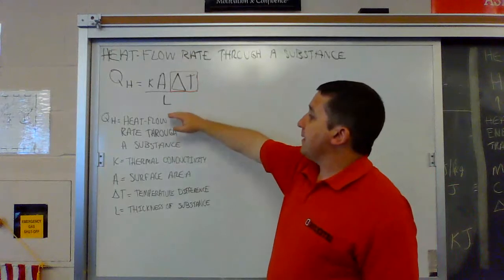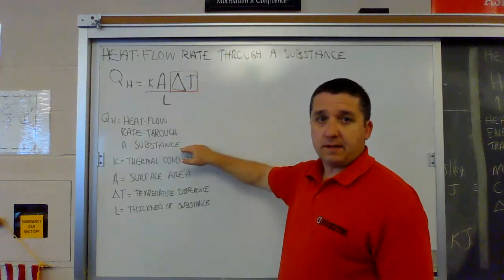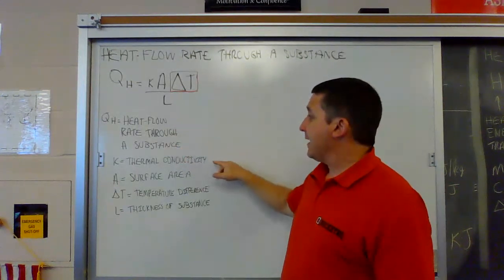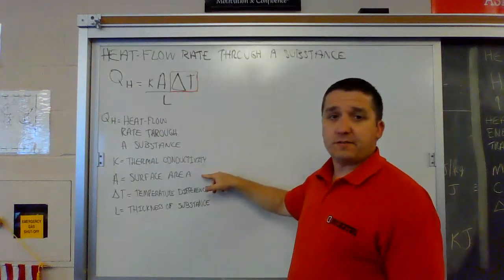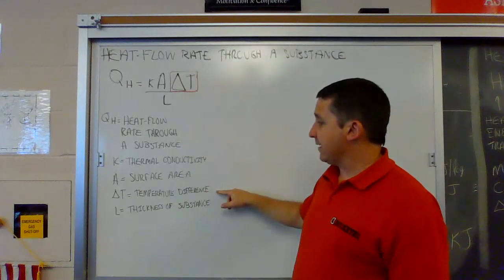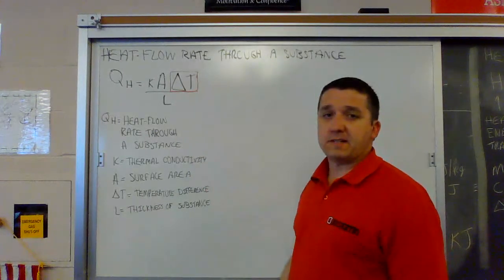Now, Q sub H is the heat flow rate through a substance. That's what the Q sub H stands for. K is thermal conductivity, and I'm going to talk to you about that more in a second. A is surface area. As I just said, delta T is temperature difference, and L represents the thickness of the